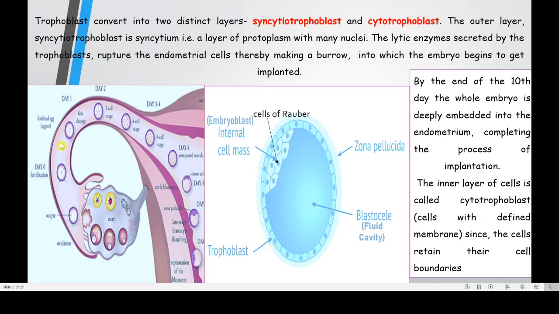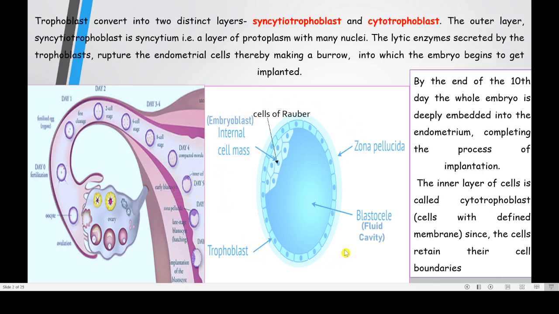Earlier we have studied that the ovary releases an ovum, which then gets fertilized, and then it undergoes certain cleavages. Through these cleavages we get the 2 cell stage, then the 4 cell stage, 8 cell stage, likewise, and then we get the morula. It has blastomeres in it, that means the divided cells are called blastomeres. Now this morula develops into blastula or blastocyst.